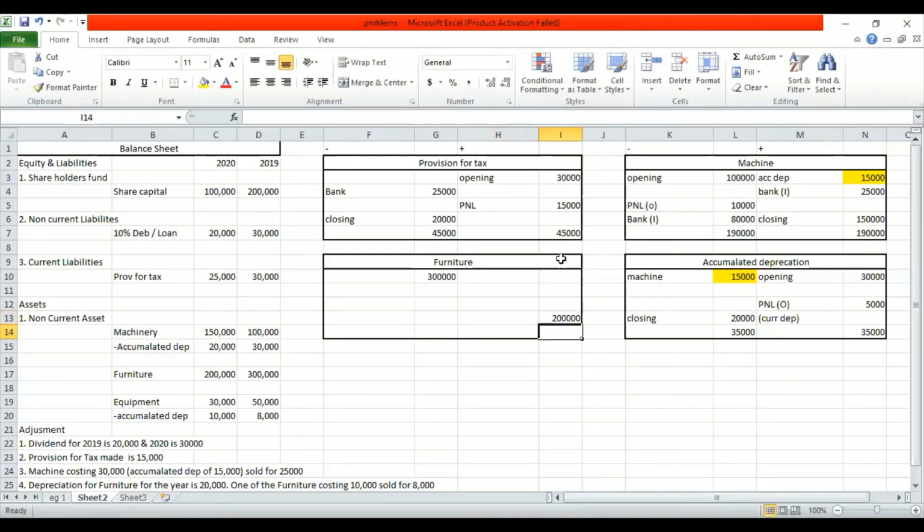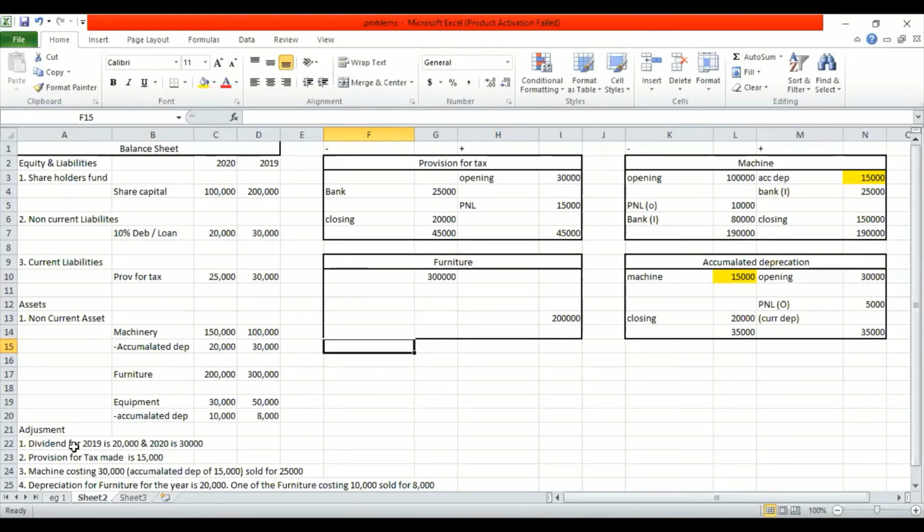All right. Now, do we have to create any accumulated depreciation account? No, we don't, because we don't have it. Whenever we have accumulated depreciation, it is mandatory to create a ledger. But for machinery, for furniture, we don't have it. Just for your understanding, this is called the written down method, and this is called the original cost method. Written down method, that means the value which has been written down is after depreciation.